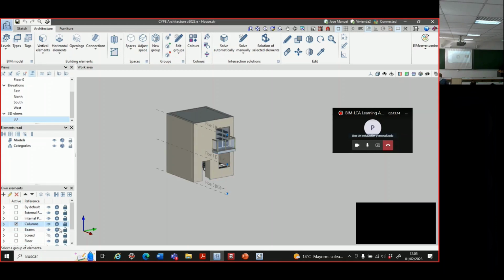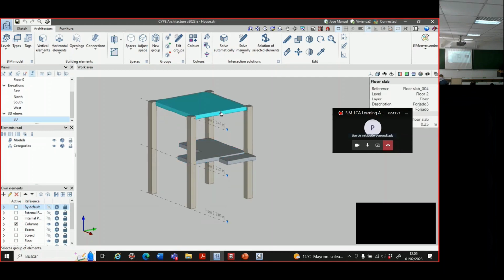For example, columns or this column and floors. And in this software, as I said, the information, for example, for the slab is